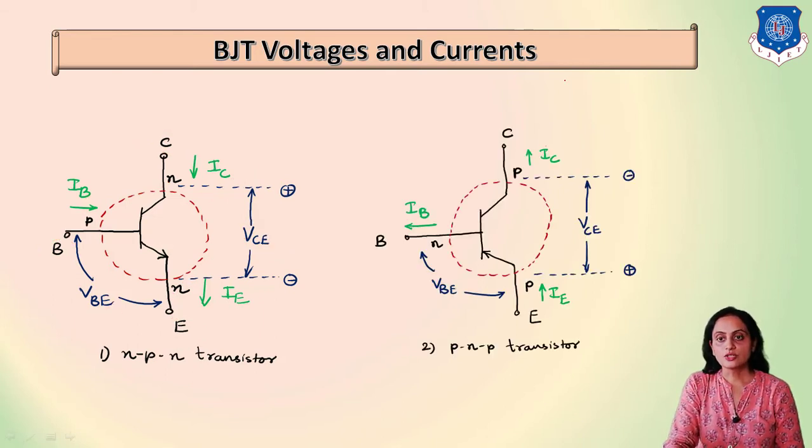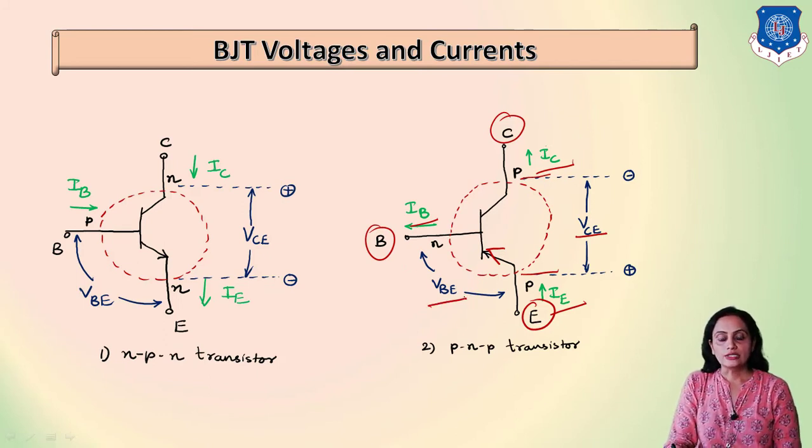Next is a PNP transistor. You can see over here on the emitter terminal the arrow is inside, that is why this is the symbol of a PNP transistor, and this is the emitter terminal, this is the base terminal, and this is the collector terminal. In a similar way, the current flowing in the collector is referred to as IC, at the emitter terminal it is IE, and at the base terminal it is IB. And we are always interested in the voltage difference between the collector terminal and the emitter terminal, which is shown as VCE, and the voltage difference between base and emitter terminal, which is shown as VBE.